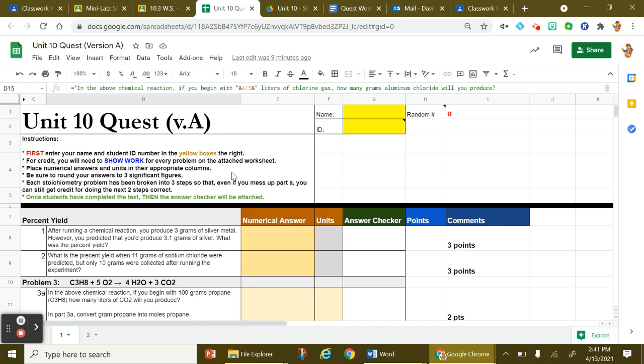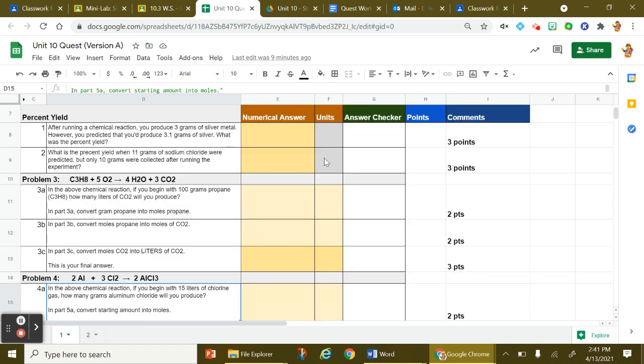So today you are taking the Unit 10 quest with percent yield problems and stoichiometry problems, right? The percent yield problems are here. You have two of them. Make sure that you put your answer in right here. It will automatically tabulate your answer as a percent, so you don't need to enter in the percent symbol or any units. All right. Next, you have three